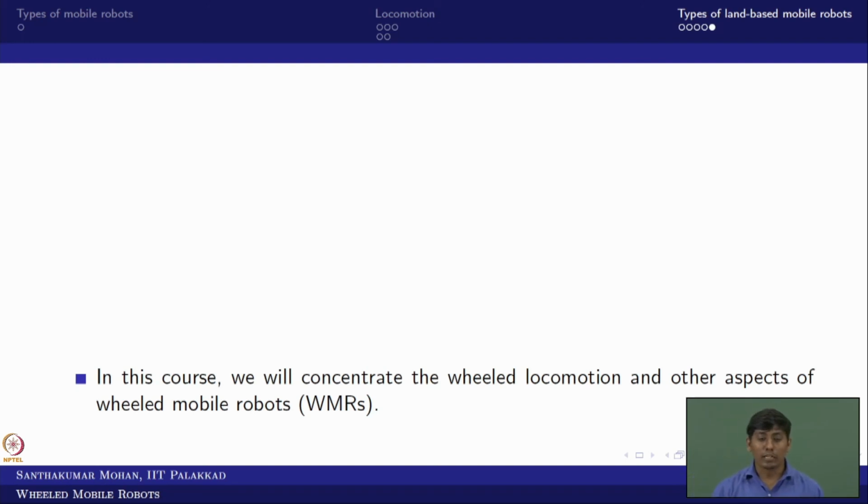That is what we are going to talk about, along with lots of other aspects of the wheeled mobile robot. For the wheeled mobile robot, we will look at the types of wheels and how these types play a major role in the wheeled configuration. These all need to be looked at. So the next 2 lectures will talk about the kinematic aspect of the mobile base and the types of wheels of the wheeled mobile robot.